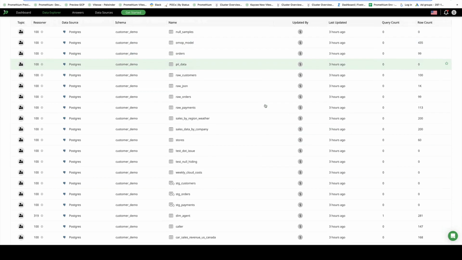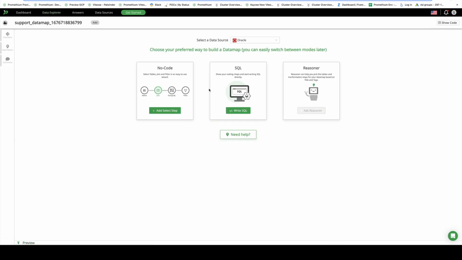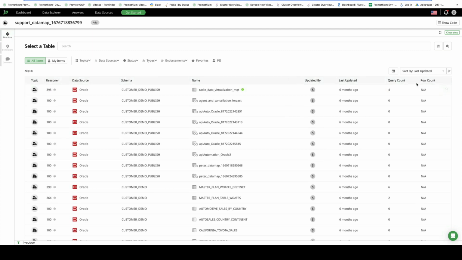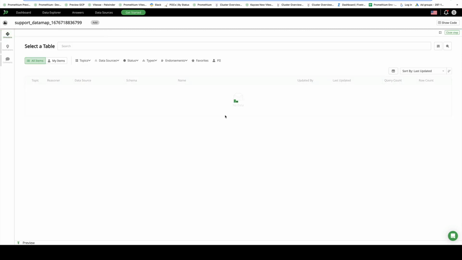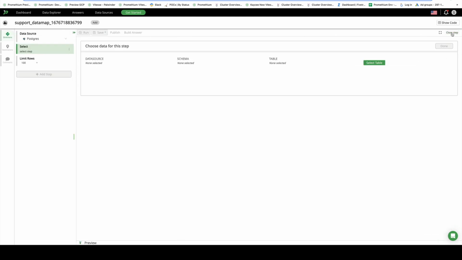As you can see here, I only have two different data sources, Oracle and Postgres. If I try to join them, I wouldn't be able to, because it makes me select Oracle or Postgres. If I select Oracle, the only tables I can pick are Oracle tables. Big surprise, right? Same thing if I select Postgres: the only tables I have are Postgres tables. So it's physically impossible to join two tables from two different sources, as it should be.